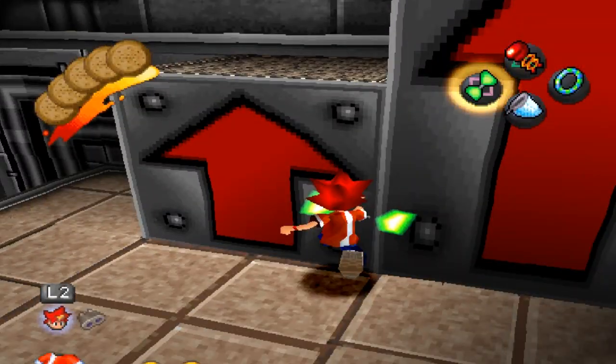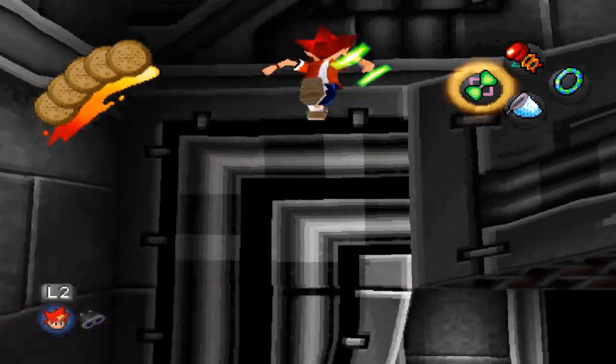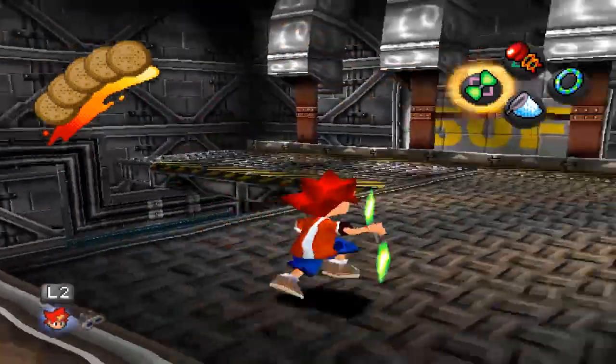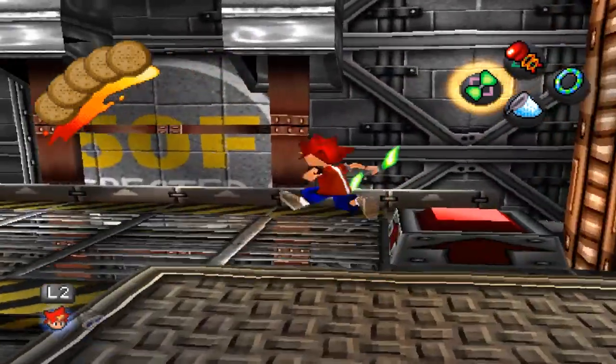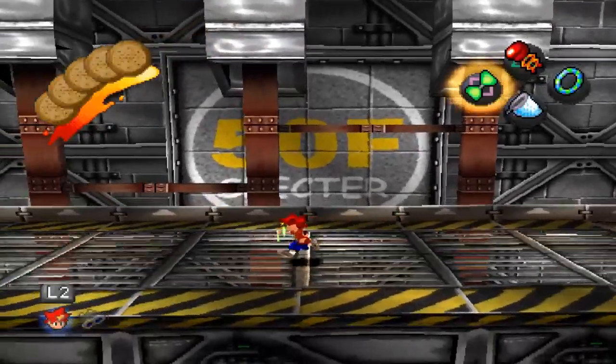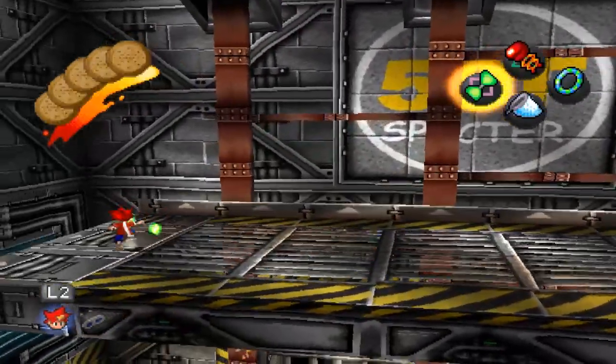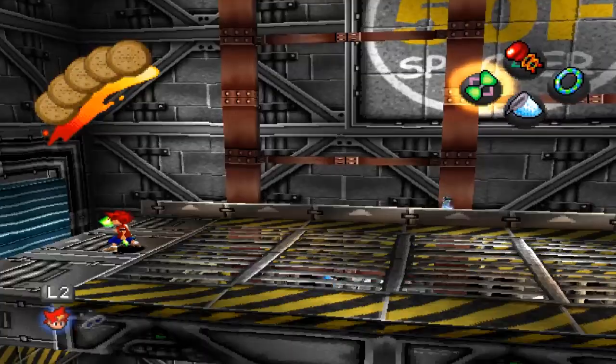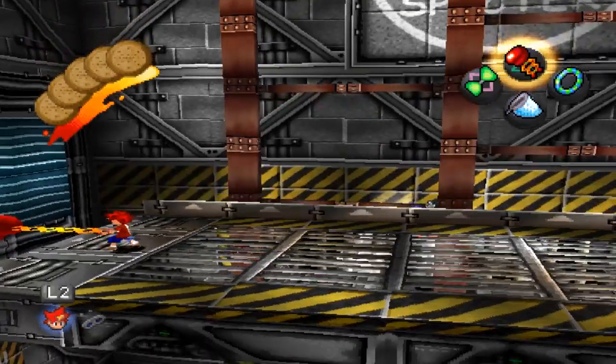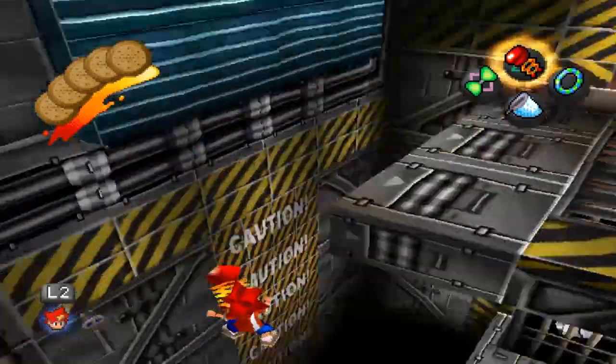Right, so there is a switch that you need to hit somewhere that opens up the control room. As you went down, you saw there were some shutters on something, so that's what we need to do. There is a switch or something for it. Can I just hit this or something? No, you can't. What am I missing here?